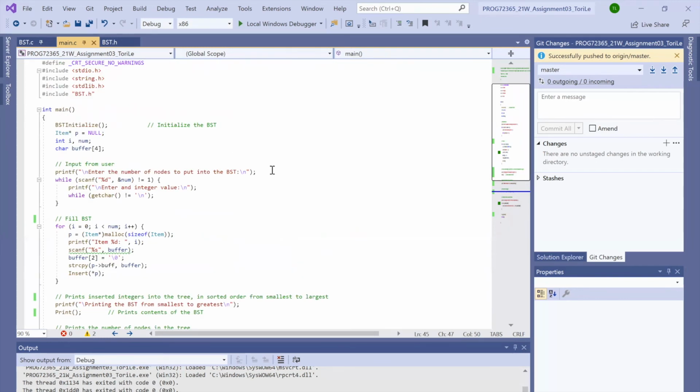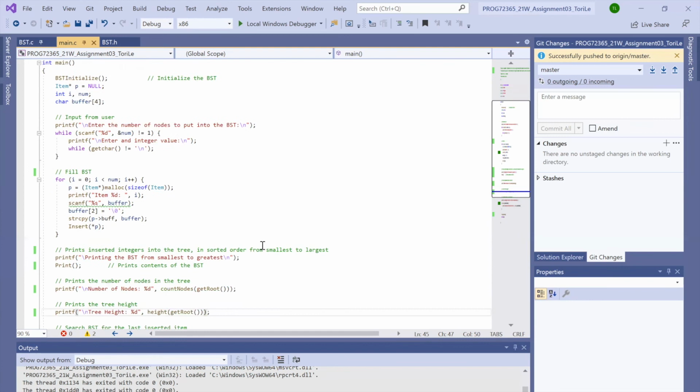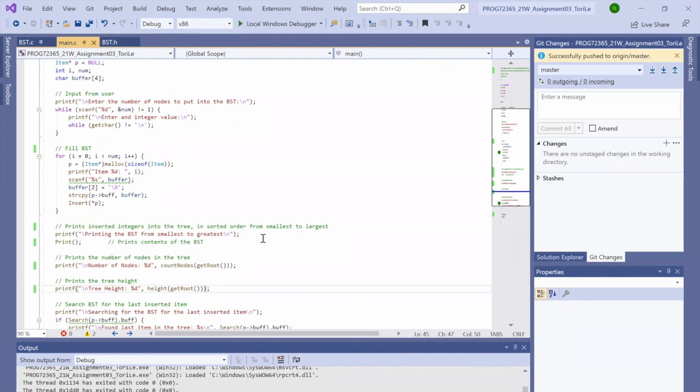So we use the printf function and ask the user to enter the number of nodes they want to put into the BST. Then the user enters the values line by line, which is done using a for loop, and it calls the insert function each time to insert the integer. It repeats until the number that the user entered when asked for the number of nodes to insert is met. So after that, we call the print function